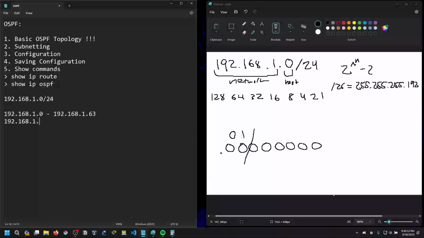So the next one is going to be .64 to 192.168.1 dot. Let's go and cancel this out, we already used this. Here we go. This is the 128 now. So 128 minus 1 is 127. 192.168.1.128. Okay, and then slash,